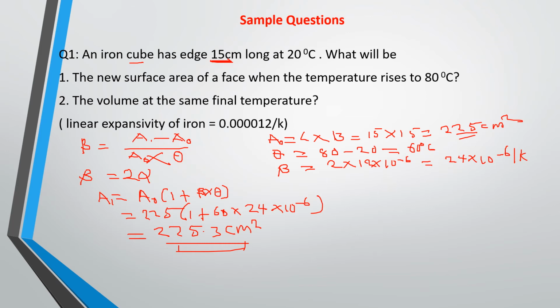Just punch this out in your calculator: multiply 60 by this, add 1 to it, then multiply everything by this. Your answer will come out readily. So that is for that part of the equation. This is for part 1 of the equation. Okay, then for part 2 of the equation,